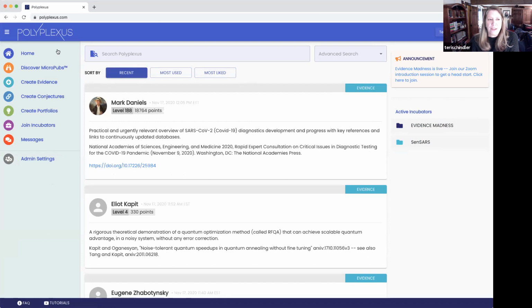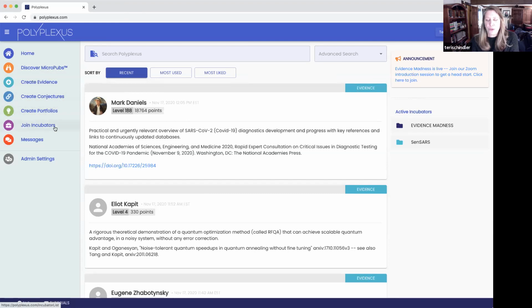Over here on the left rail is really the hamburger menu. And so here's the home page. If you click here, you can discover the micropub feed. If you click here, you can actually create a piece of evidence. Here's where you link two pieces of evidence to create a conjecture. Here's where you go to establish a portfolio.